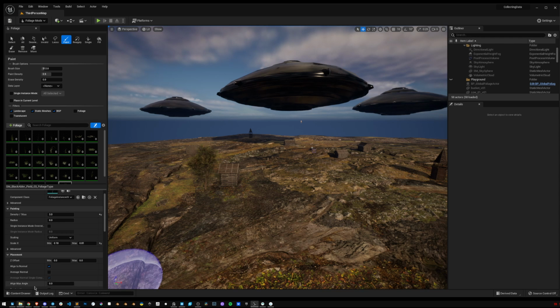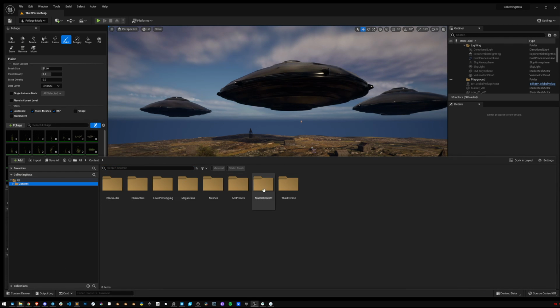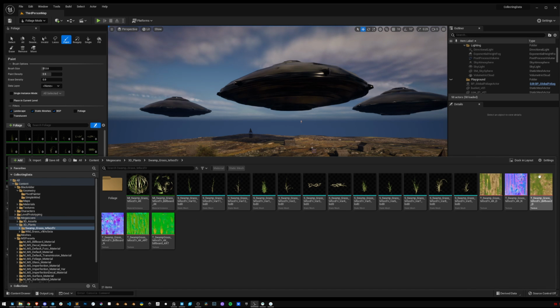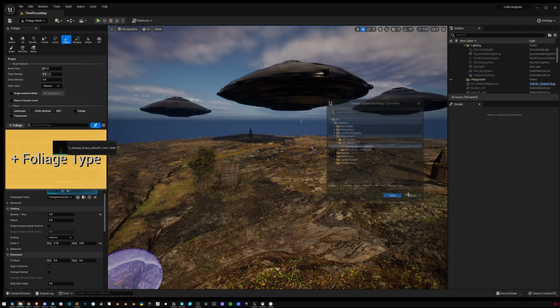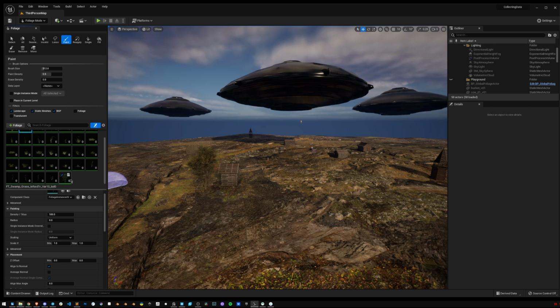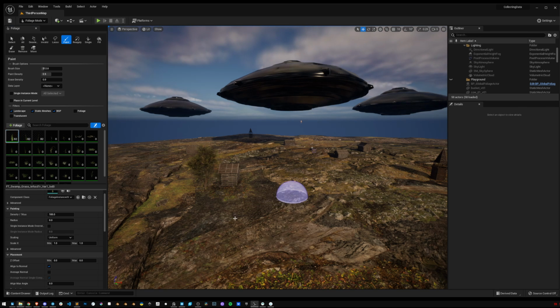And then these are already populated in here, but what I did was went into Megascans and I got some plants, like this swamp grass. And it just automatically added it for those types of assets. So you just go in here, you can check it, and the more that you check, it'll just kind of sample randomly between them. So instead of 1, let's use these 3. Then we've got our settings, and then as we paint,